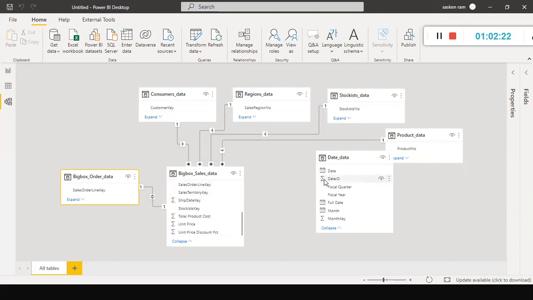Here, date ID and ship date key. With this, I created an active relationship.